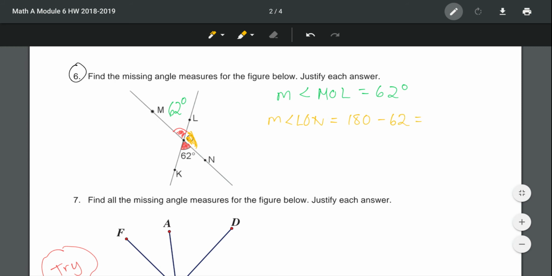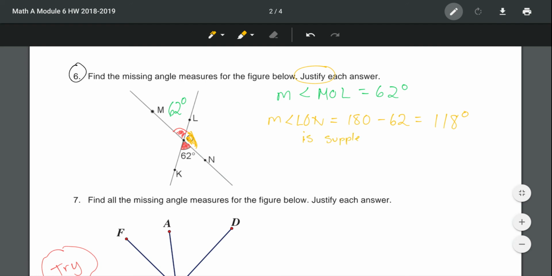So 180 minus 62 is 118. So that means that the measure of LON is 118 degrees, and our justification would be that it's